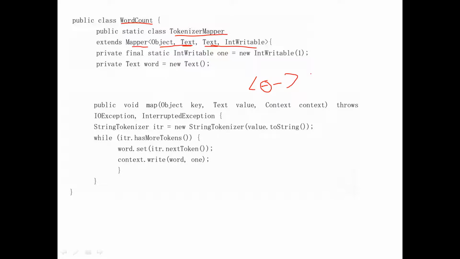Okay, so firstly, we are initializing 1 with the integer variable. We initialize it with only 1 here. So the one variable will not be changed, it will be only 1 here. So we are using a static word where the one value will not be changed. Then when initializing, we are taking one more variable called word of text type here. Okay, now we'll see how this map function works.